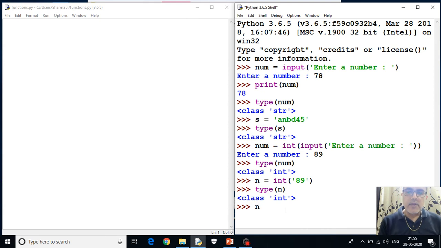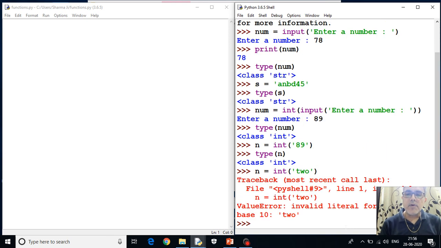What if the number cannot be converted into an integer? If you give an argument, let us say "two", right? You want the integer of "two", so you will get an error.